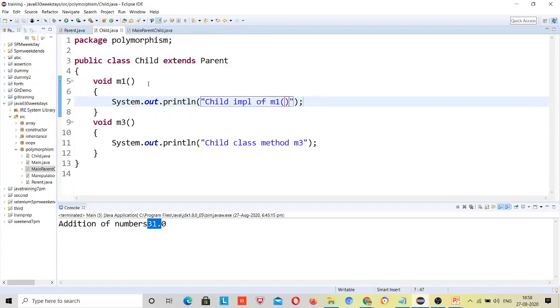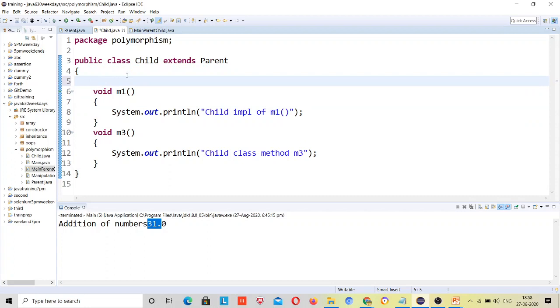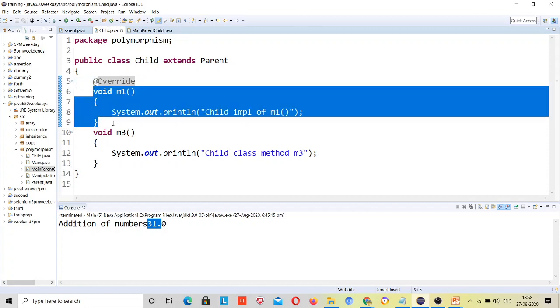Now this child class says okay, now I am satisfied, but there is a notation @override. If you do not write it, no worries, but if you write it, it means that this m1 method is present in the parent class.